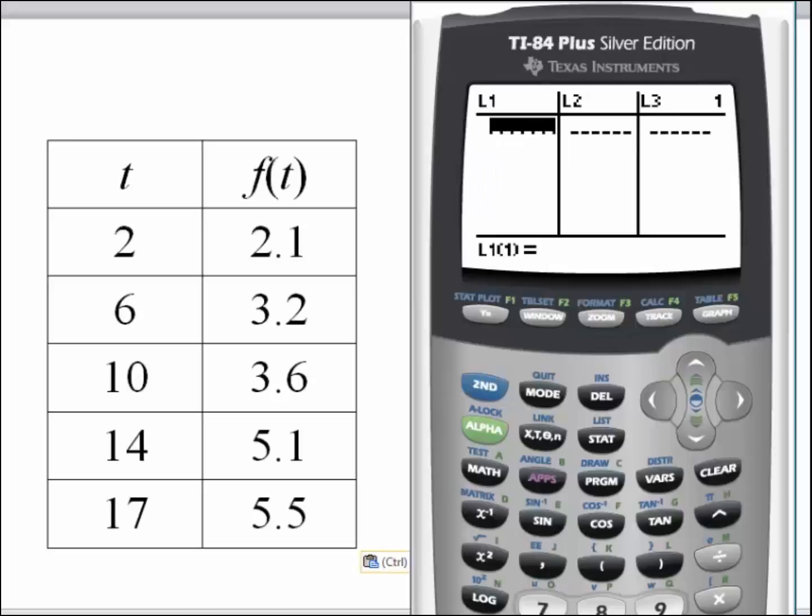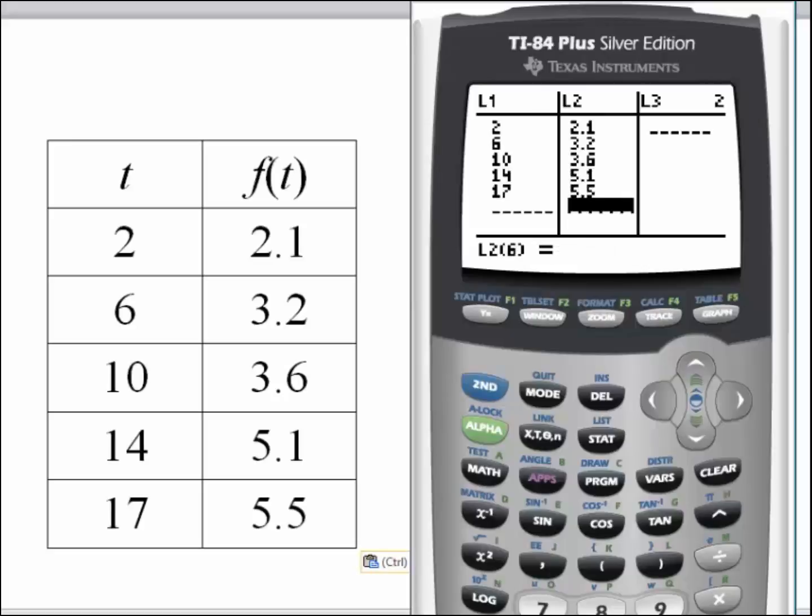We type in the numbers for the independent variable T: 2, 6, 10, 14, 17. Then for the dependent variable in list 2, we have 2.1, 3.2, 3.6, 5.1,